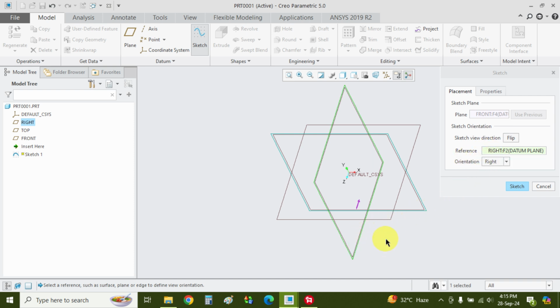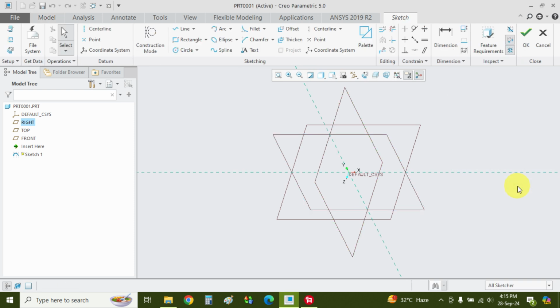That is, this is your right plane. So your right plane is oriented such that its normal direction, that is positive x direction, is toward the right side of this drawing board. This front plane is your drawing board, and now we are going to left click this sketch button, and now